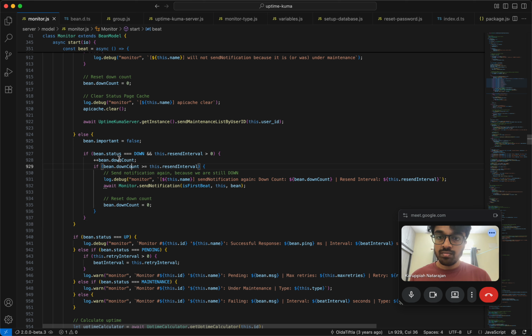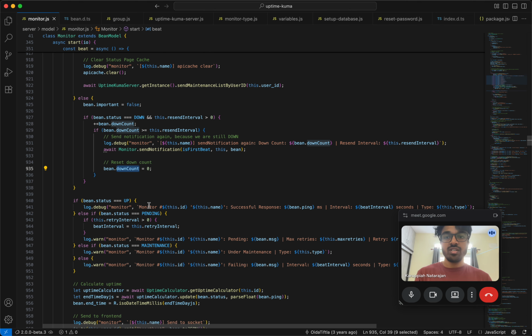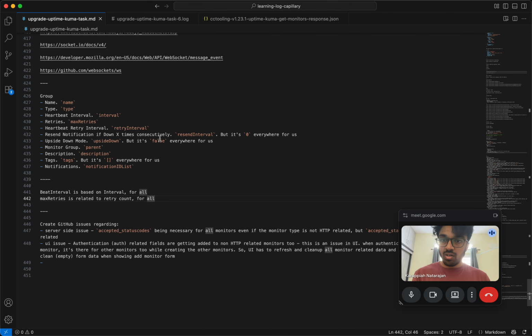And they do this, how many beans have been, I don't know, how many times it has been down count and all that. They make it 0 only here, so multiple times it can be done. So if it's down for some times, this is the status that's been stored here, right? So you need the recent interval also,